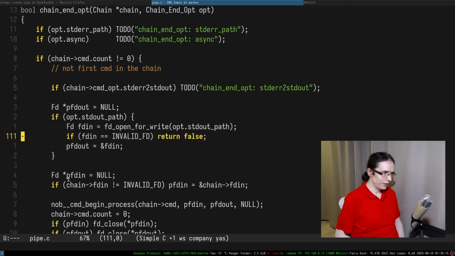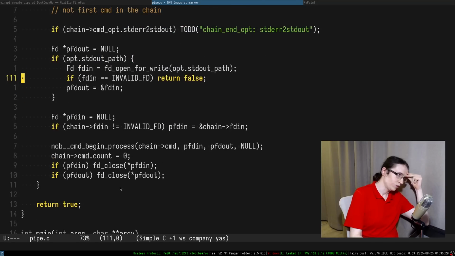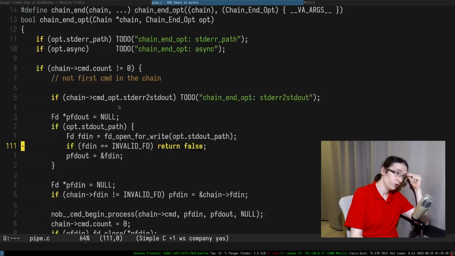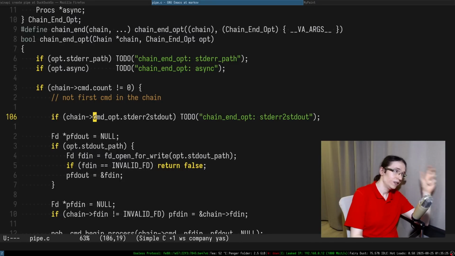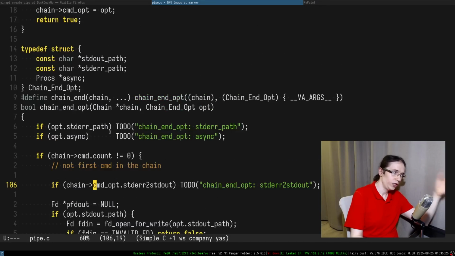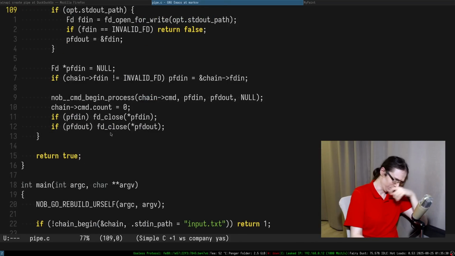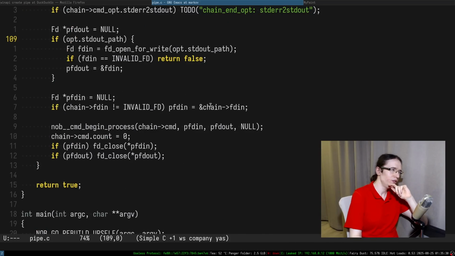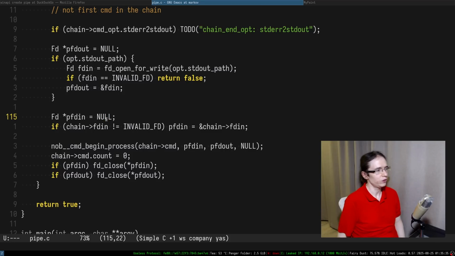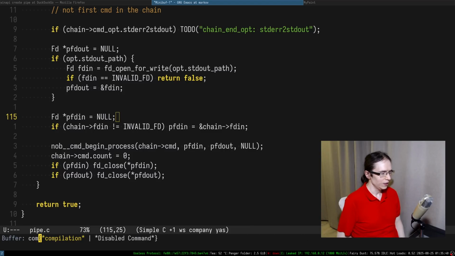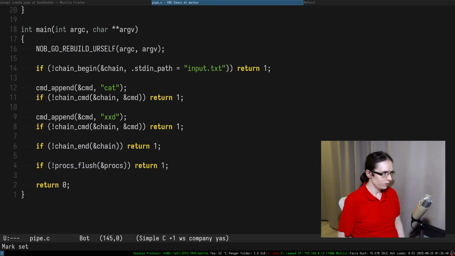So I think that's basically everything, right? So that's the whole thing that I wanted to implement. The chain end shares some code with chain CMD, but it's not exactly the same. I can't really reuse the code exactly. So yeah, I'm not 100% sure how we're gonna go about that, but anyway, let me actually get rid